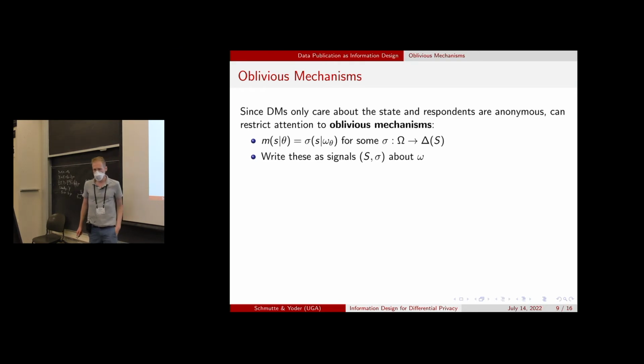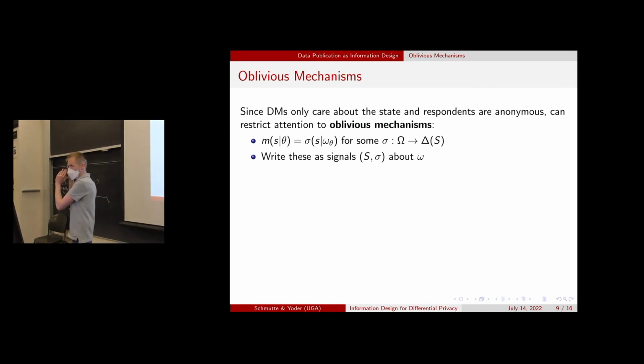Okay, so let's get started. The first thing we want to do is simplify the problem faced by the designer. Since the decision makers only care about the type profile through the state, the designer only cares about the type profile through its impact on the decision makers. We might think, instead of thinking about signals about the entire type profile, we can restrict ourselves to thinking about